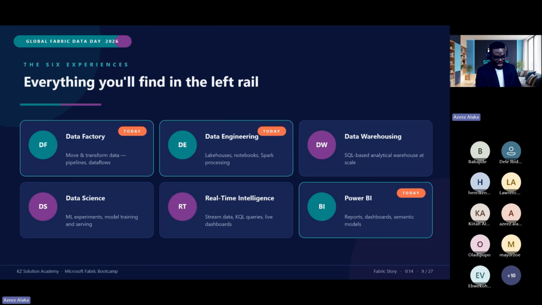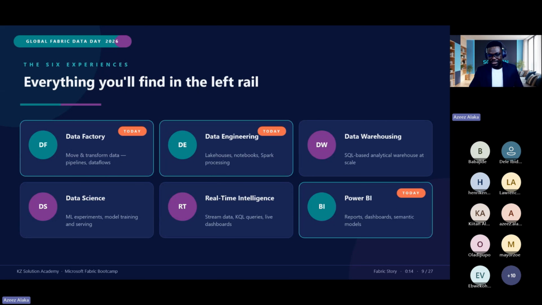So if you have been working with Power BI before and you have little understanding of data visualization tools, it will be easy for you to use Microsoft Fabric. And don't forget, Microsoft has made it easy for you to start free. When I wanted to write my Microsoft certification, I'm certified Fabric Data Analytics, I'm certified Fabric Data Engineer. When I wanted to write my first exam, I only used 1 month to work on Fabric to get my first certification. So I did the free trial for 1 month, and within that 1 month, I was able to go through everything I needed to go through on the platform.